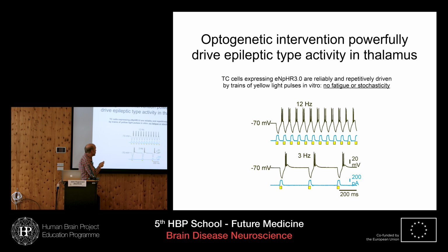So now we're going to talk about the effects of halo-rhodopsin on thalamocortical cells. In a previous study where we were intervening in stroke-induced seizures, we found that if we expressed halo-rhodopsin in those thalamocortical relay cells and activated it by yellow light, we could produce this membrane hyperpolarization. These are now intracellular recordings just showing the robustness of this optogenetic signal. So yellow light, yellow light, yellow light, it's a train of stimuli.